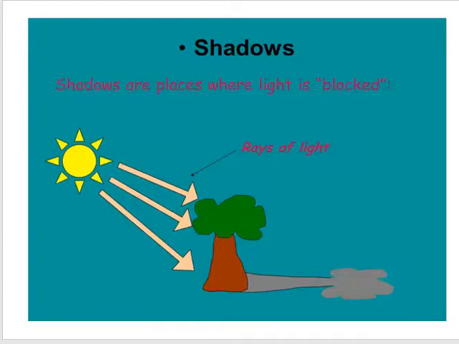Now let's look at the next one. This is another example. This is the sun, a source of light. It may not be the sun, it can be a candle, it can be a torch, it can be a television screen. So you have the source of light here, and you have the tree, and the tree is opaque because light cannot pass through it. Now look at the rays of the light. This is the rays of the light, and it strikes the tree, and because light cannot pass through this tree because it's opaque in nature, a shadow is formed. That is how shadows are formed.